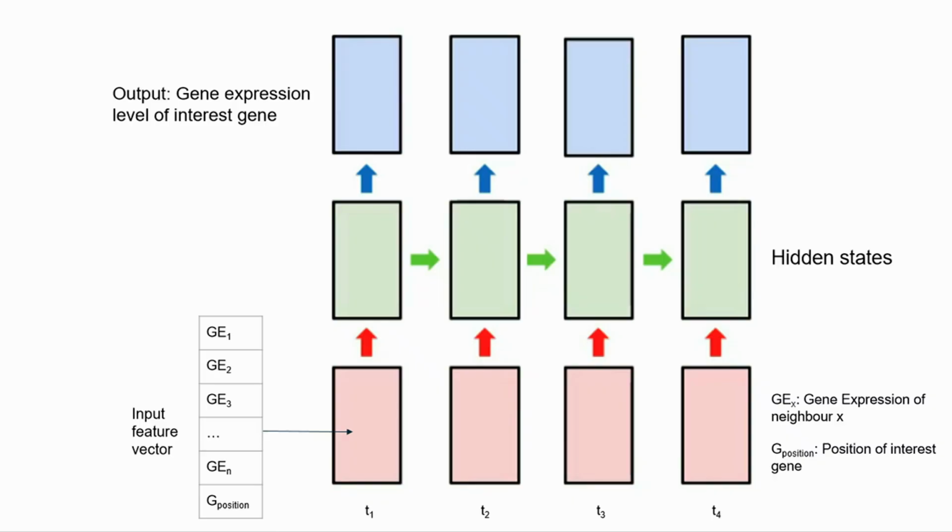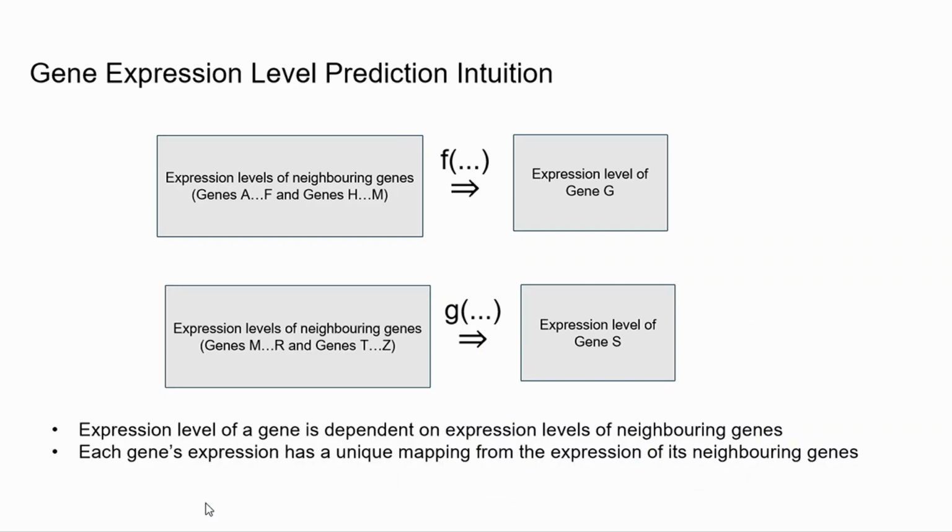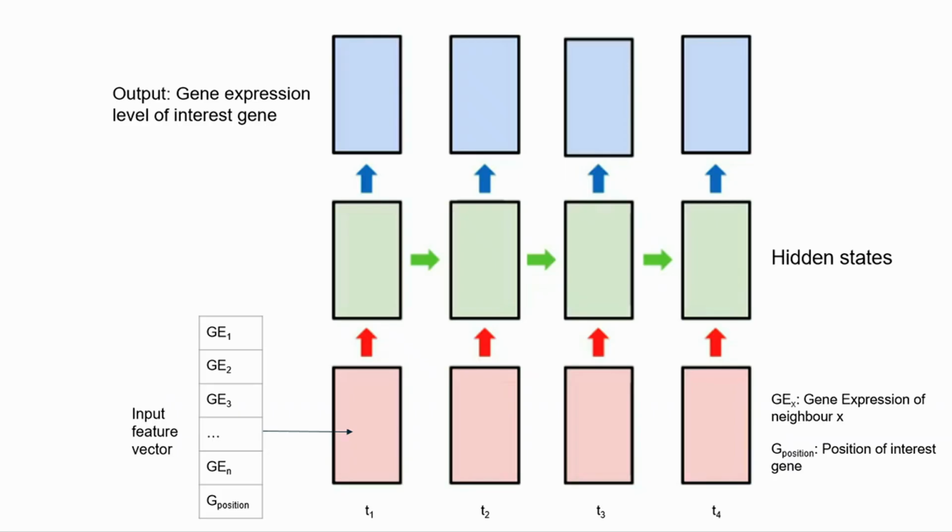The main reason is that our data was limited to learn the impact of our final feature, the position on the genome, because that has a huge impact. If I go back to the previous slide, we have quite a different mapping from our neighboring genes depending on our interest gene. So for every gene, we need quite a lot of data for this model to